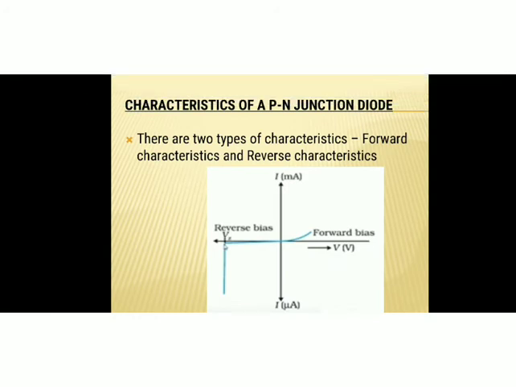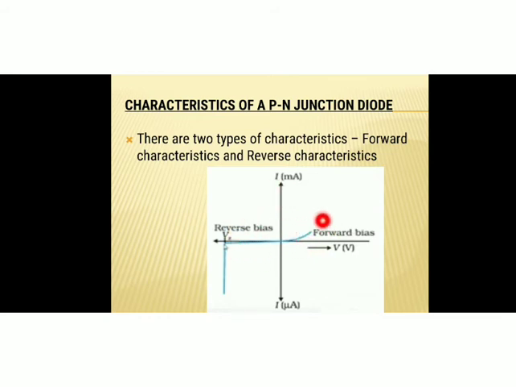Now what are the characteristics of a PN junction diode? It's very important. You can expect this question for your board. Characteristics means the VI graph. That is characteristics. A graph with voltage plotted along the x-axis and current plotted along the y-axis is the VI characteristics of a PN junction diode. And here you can see the graph. Here voltage is plotted along the x-axis, current is plotted along the y-axis. And the characteristics of the PN junction diode during forward bias and reverse bias are plotted on the same graph itself.